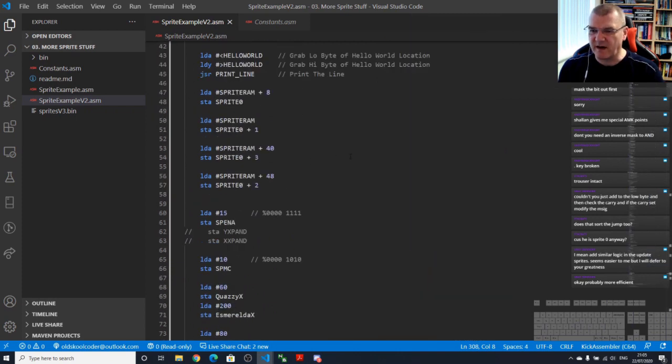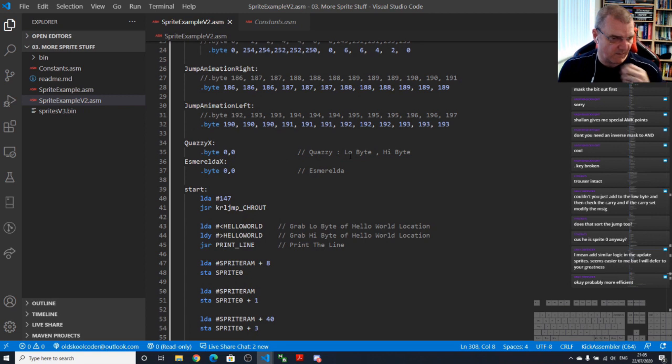But then you're starting to talk about arrays. You know, you're starting to talk about how you're going to manage your sprites, and this is where you start thinking about, do I want to manage the whole sprite using an update routine where I don't interact with the sprite whatsoever, and I just set the properties in the array. So I have an array of sprite color, I have an array of X, I have an array of Y, I have an array of have I collided, I have an array for animation and stuff like that,